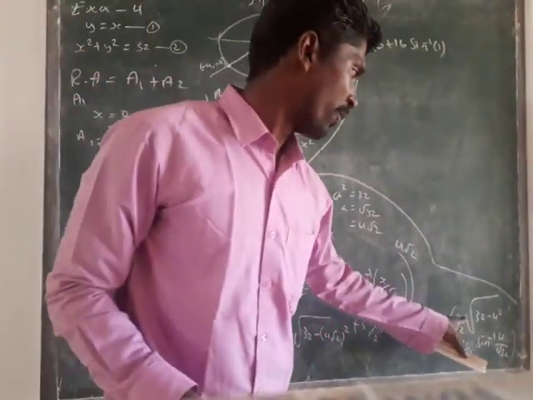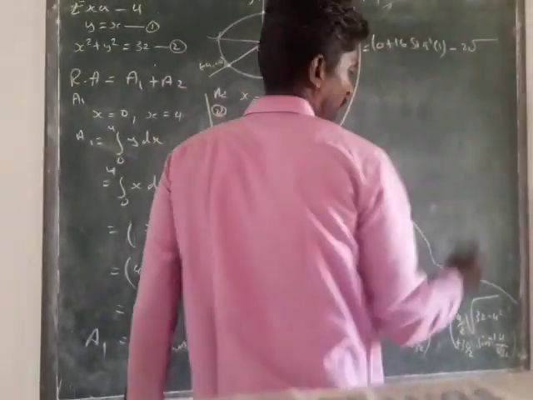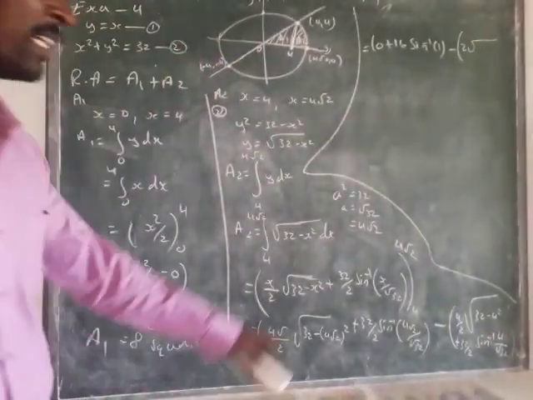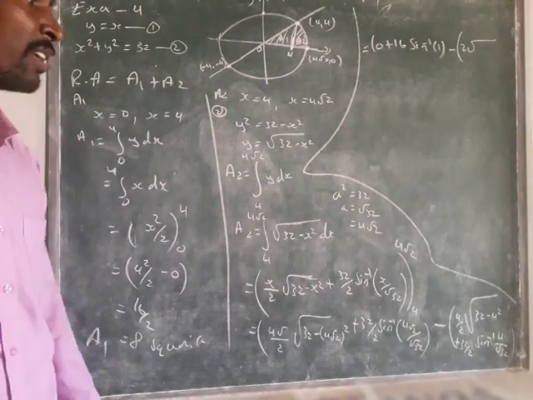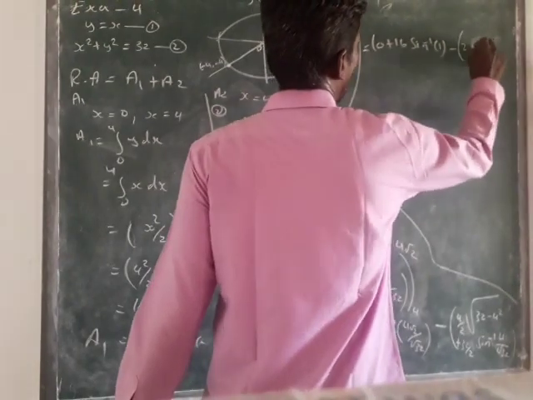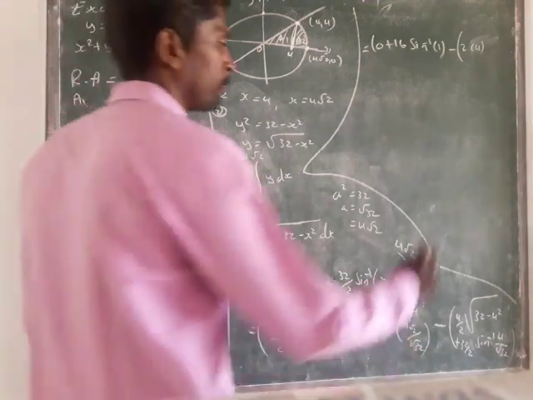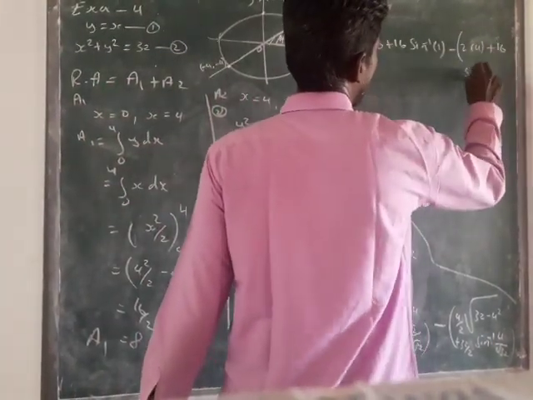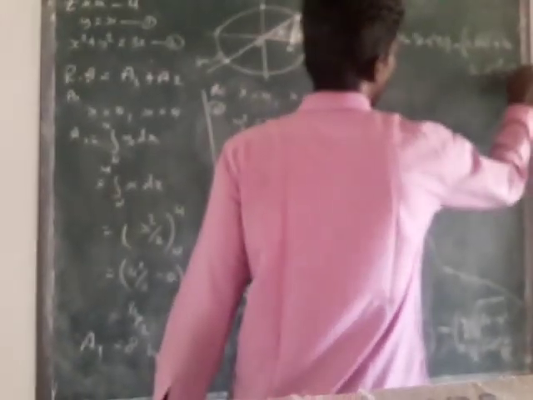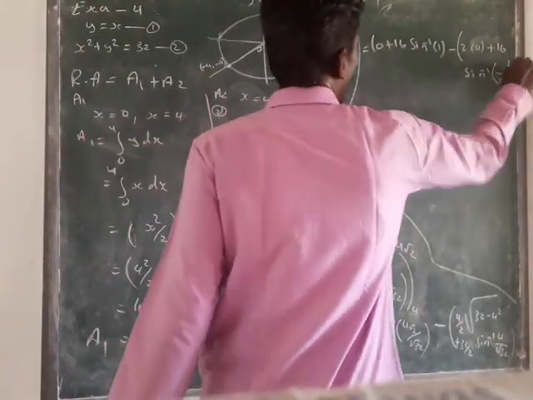Now here the 2 will cancel, so minus 2 times the root of the lower limit value. 4 squared is 16, 32 minus 16 is again 16, and taking the square root it becomes 4. So overall it becomes 4. Then plus 32 by 16, times sine inverse of that. 32 you can write as 4 times root 2, so the 4 cancels, and sine inverse of 1 by root 2 will come.